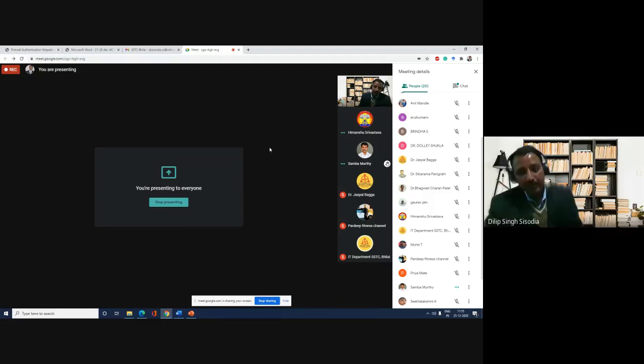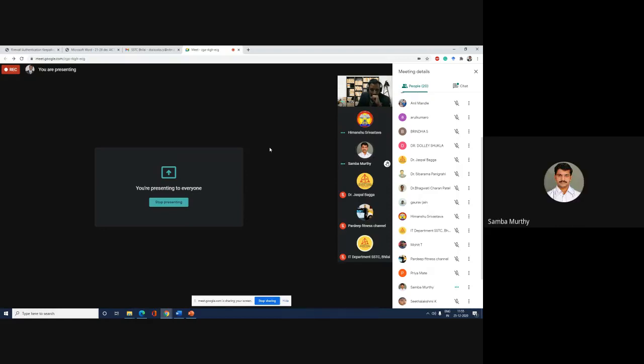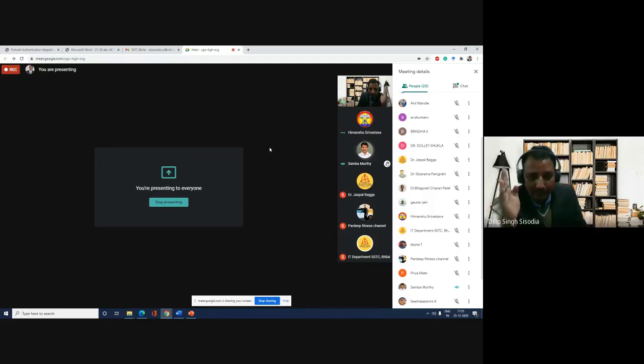Because the image vector is large. What is the size of your image vector? Means the image is converted into which size of vector? My image size is 256 by 256, suppose, or 250. It's very large actually. That may be the reason it is taking a lot of time.